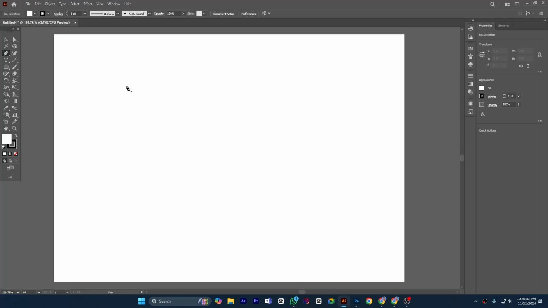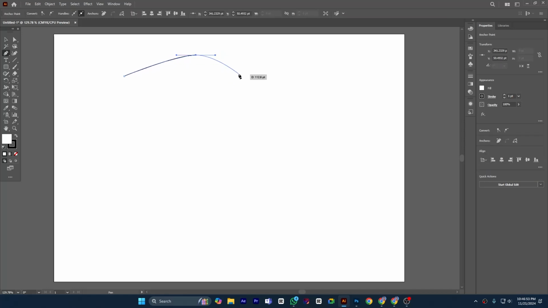So you can see I am now accessing the pen tool. I am clicking here. If I click and release the mouse, it will place an anchor point. This is the anchor point, and this is the line for where I want to put another anchor point, so that I can make any shapes with precision. If I click and leave, it will place the anchor point, but if I click and do not release the mouse and drag it, I can